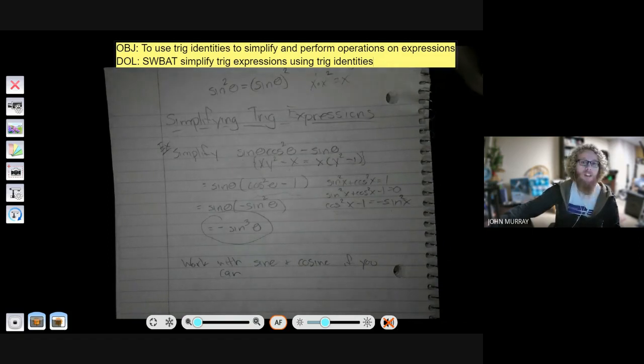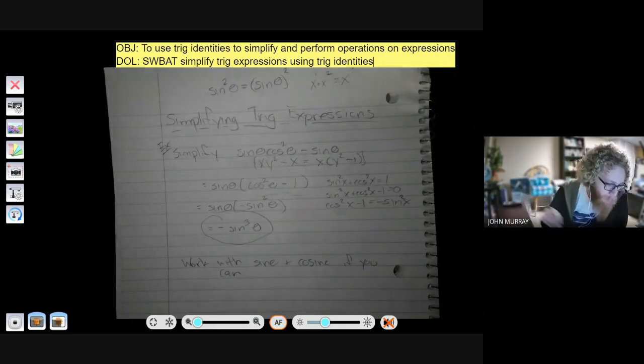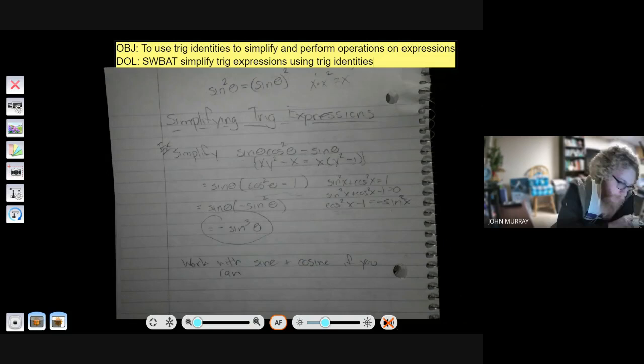a little easier than having to worry about 1 plus cotangent squared equals cosecant squared, or 1 plus tangent squared equals secant squared, or some of the other rules that we'll learn later on. So if you can get sines and cosines, they're a little easier to manipulate, and it might be quicker to see the relationship between those. All right, let's take a look at